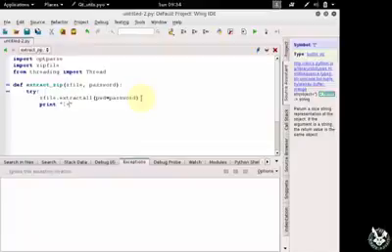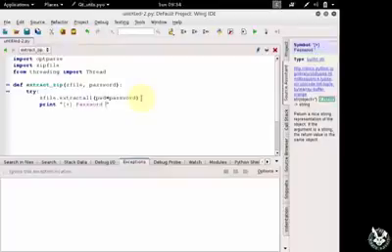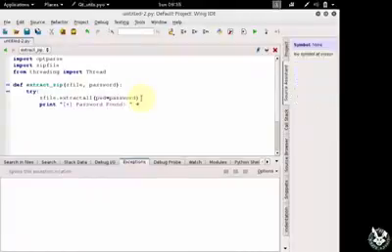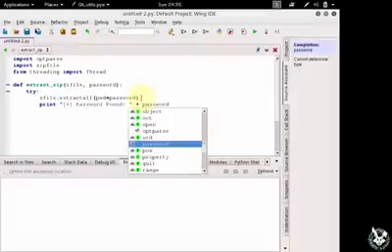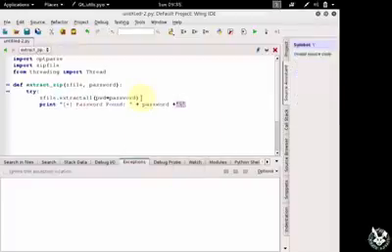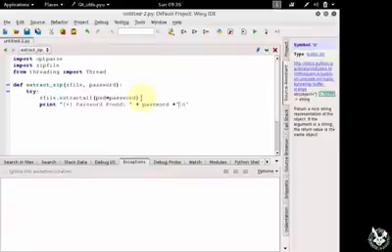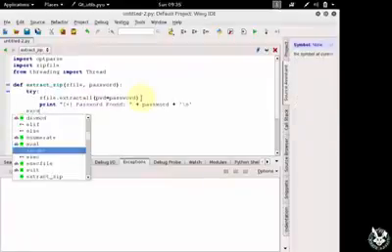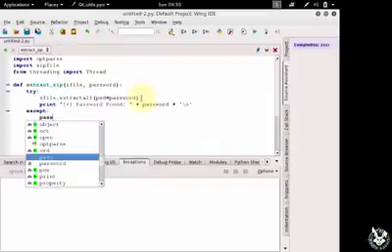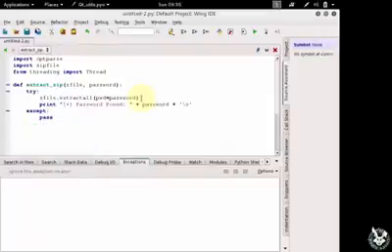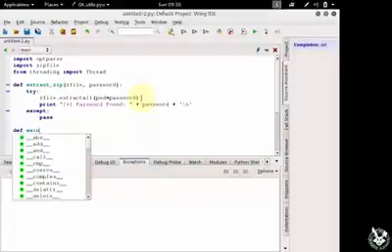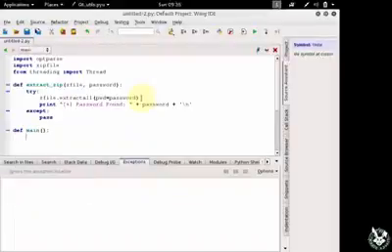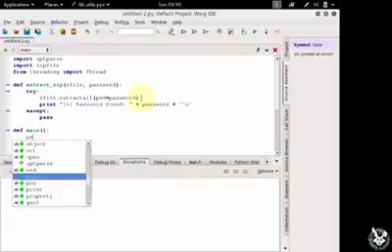if found, right? So let me first put a plus sign here. So password found, put an extra space, and concatenate this with the password, and then use the /n for the line. And then I'm going to say except pass. Great. My next definition would be our main function, and here I'm going to go ahead and use the parser,